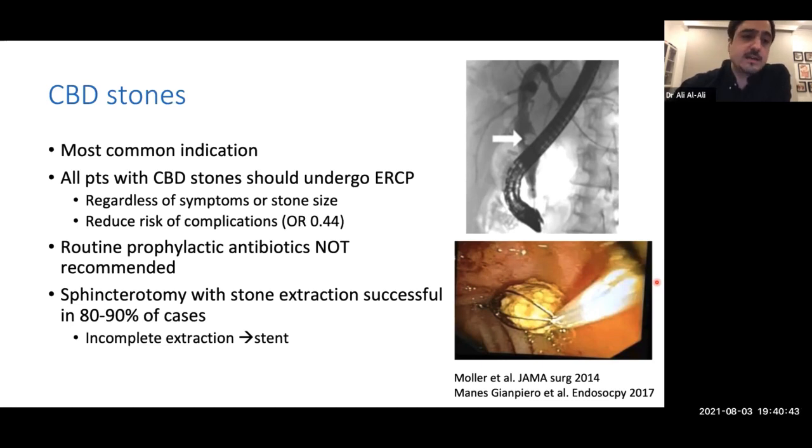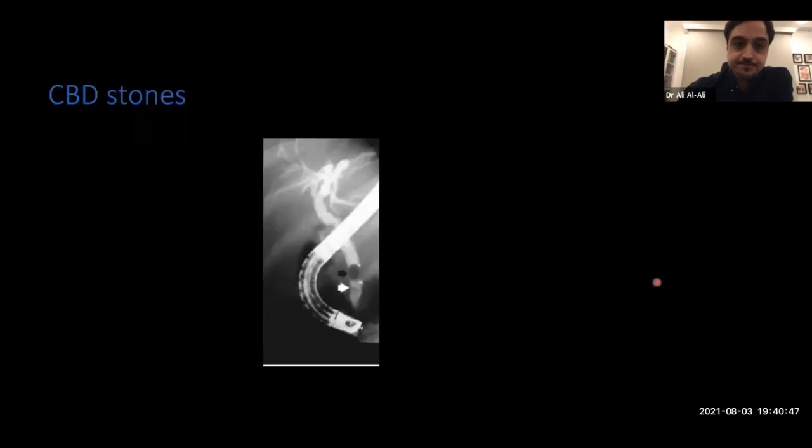So most of the time, most of the CBD stones are quite simple. We can manage them at the same session. And this is a typical case with a CBD stone. The patient comes in with obstructive jaundice. We perform ERCP. We find this filling defect in the distal CBD,